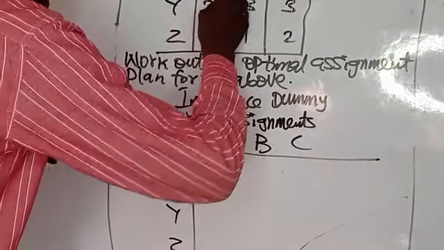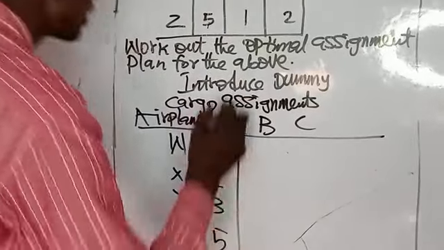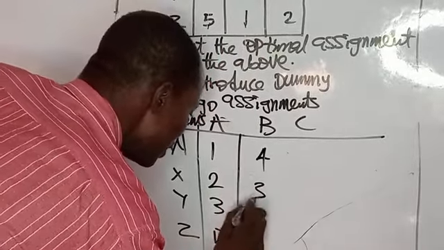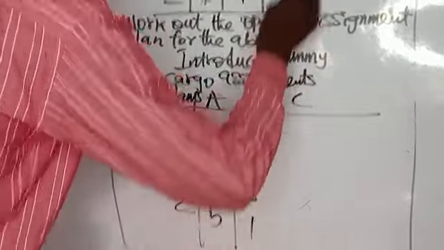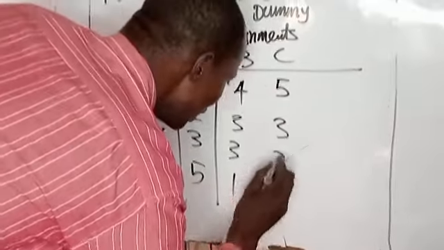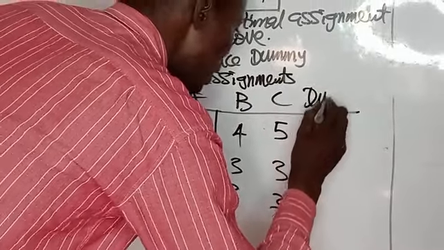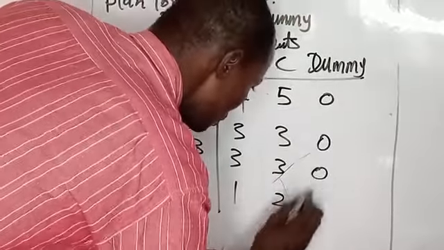So you are given 1, 2, 3, 5. Then you have 4, 3, 3, 1. You have 5, 3, 3, 2. Then I said you are going to introduce a dummy here to make it balanced with 0 profit, since the objective